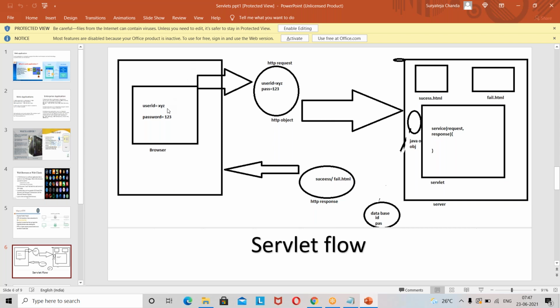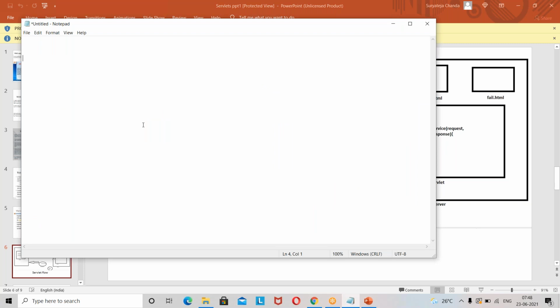To design this, you need an HTML page, and to design the servlet, you will have a servlet page. To do a servlet, you will have a Java class that extends a generic servlet or some servlet and makes that normal Java class a servlet class. And you will have a database connection, and to make the communication between your HTML and a servlet class, you will have a web.xml file. So we'll design one HTML page and one servlet class.